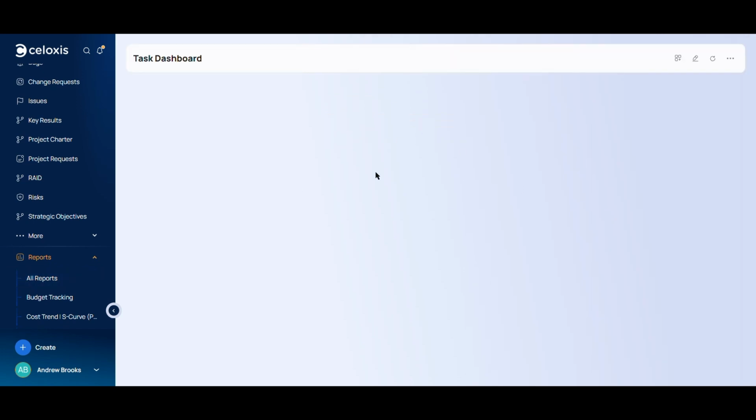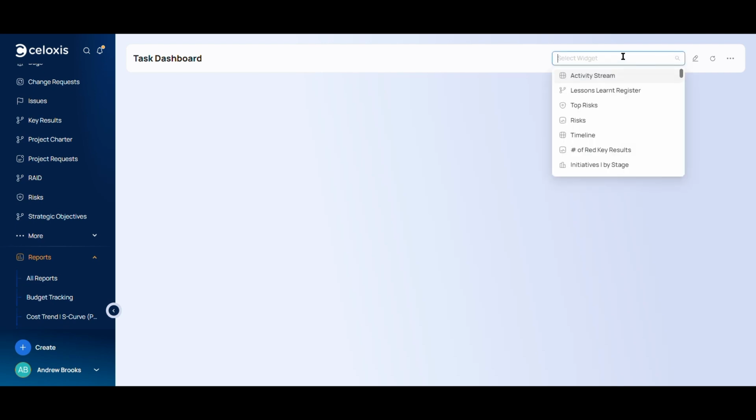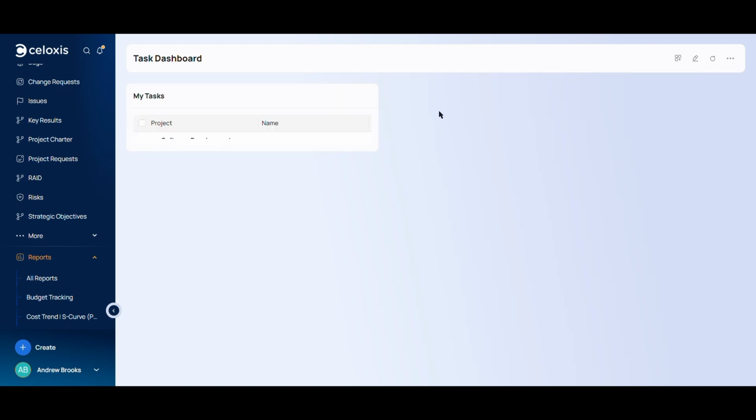You can add up to 10 reports on this dashboard by clicking on Add Report icon and selecting the desired report you want to add. All of the widgets are resizable. You can adjust your reports as per your need. By following all these steps, you can create and customize your